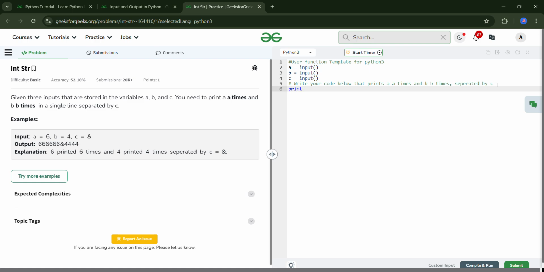We should print a times. So it should be a into a. Since a is in string format, we should first write a, and to print a times, we should convert this a into integer format. So it will be int(a). And now let's make this into a parenthesis, and with this we should